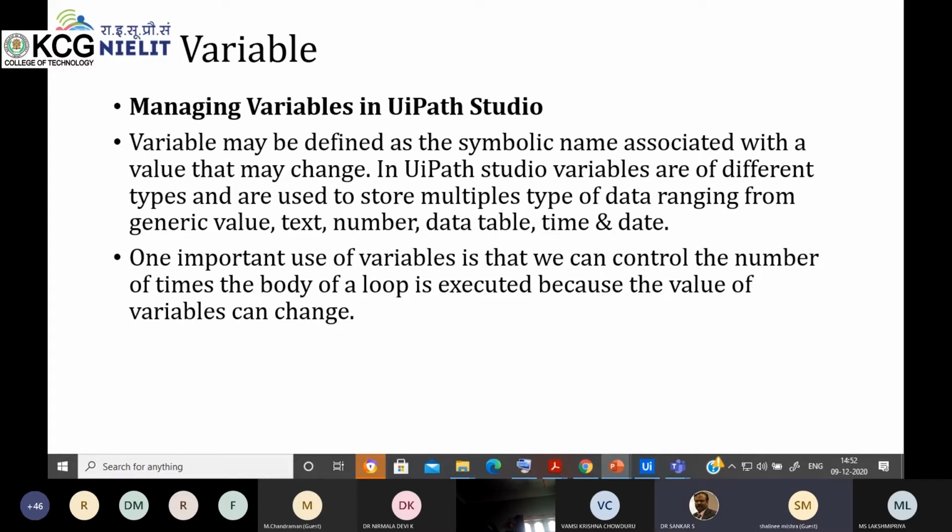Some echo is coming from the background. Unable to understand your question. Is it okay now? Am I audible? Yes, sir. My question is whether UiPath supports more GUI controls. Yeah, in UiPath, you are asking about more GUI controls. Okay. Thank you, ma'am.